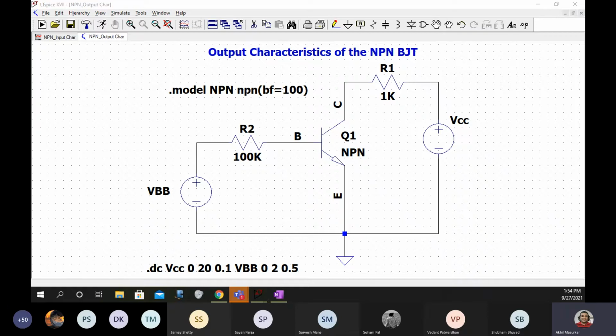Okay, Tanmay, Sayan, output characteristics. No, Tanmay, you have not changed the .dc command.